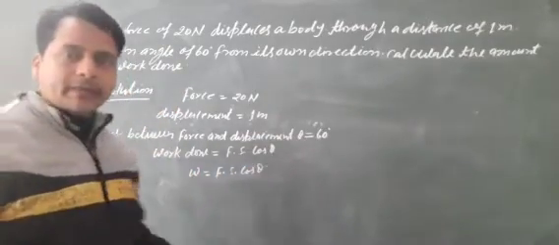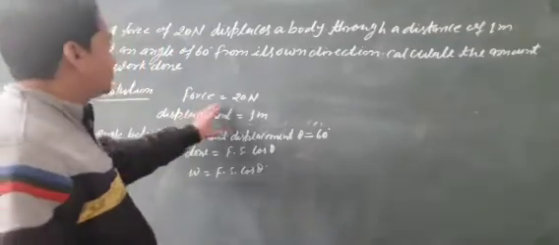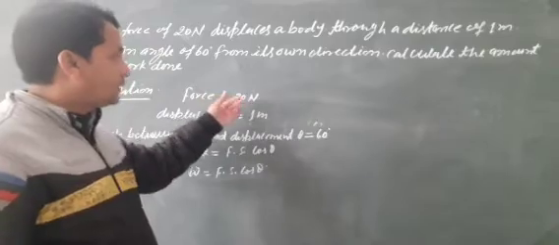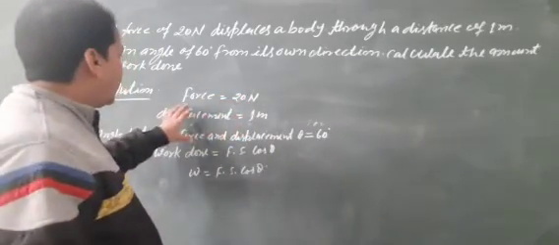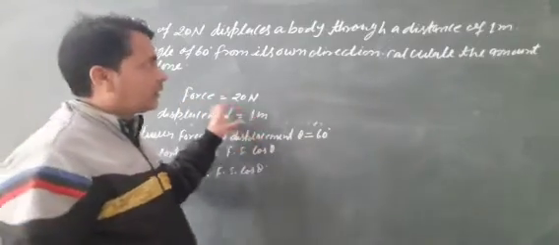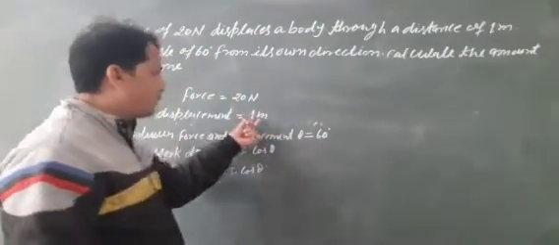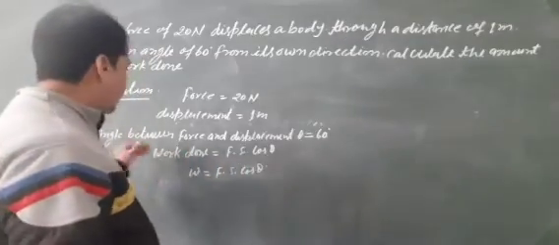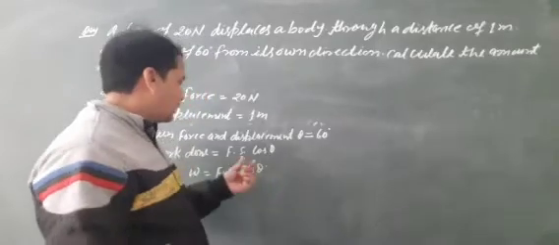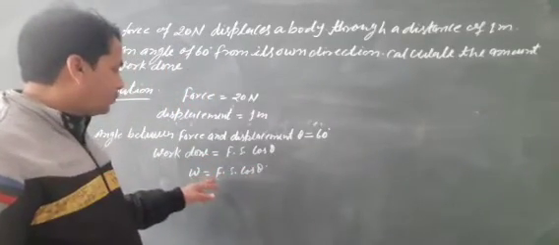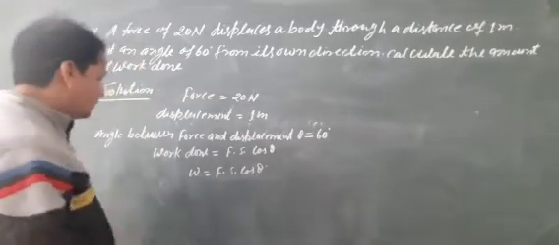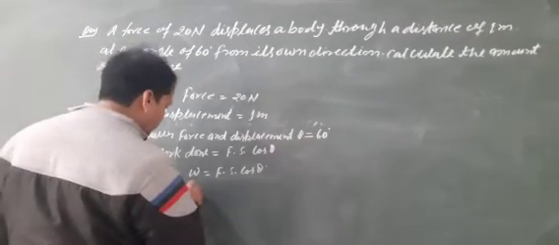So in this condition work done W equal to F into S cos theta. The force acting on the body is given here, 20 Newton, and the body is displaced through a distance of 1 meter, and the angle between force and displacement is given here, 60 degrees. Then put the value of force, displacement and angle between the force and displacement. Then we can write W equal to